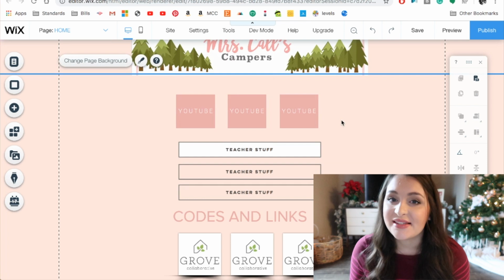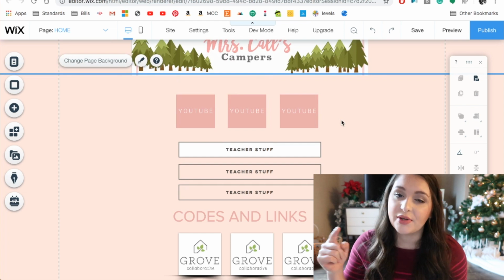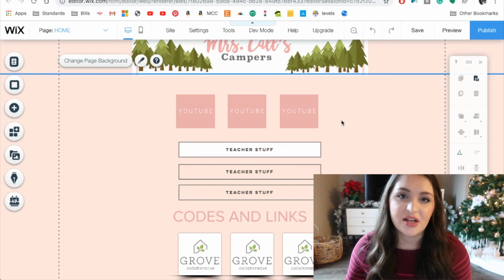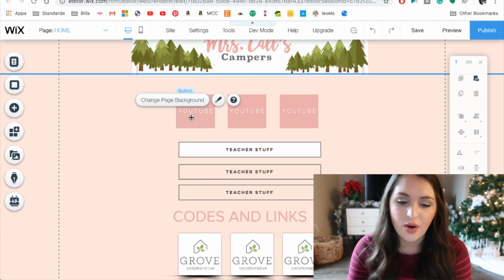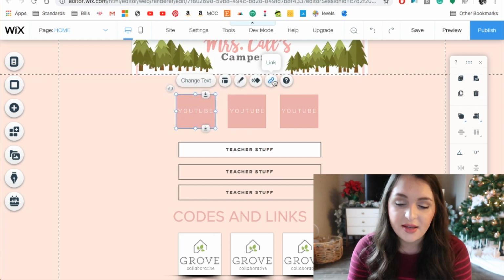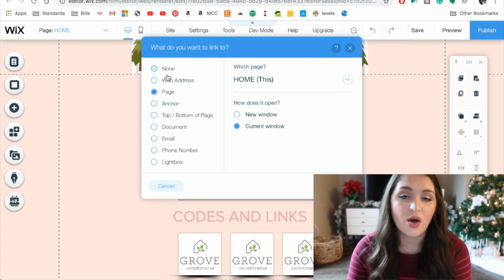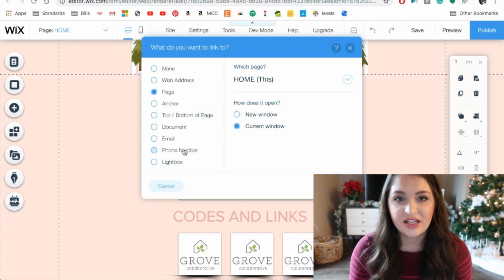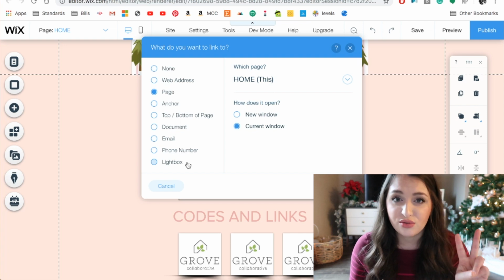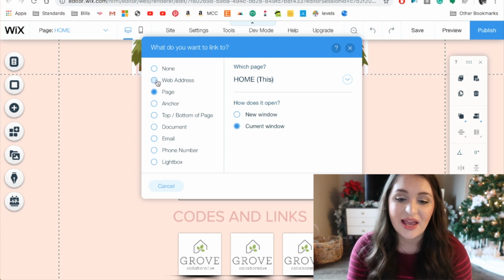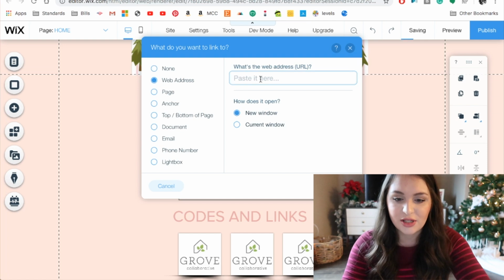So I'm gonna show you the basic way to add a link, so that when someone clicks on that button, it'll take them straight to the page. Click on whatever button you want. I'm gonna click on this first one and make a link, and on the left side you can see where it will link to. If you were doing a full website, a lot of these would be useful. I'm really only gonna use 2 of these options. The first one is a web page, and so let's just say